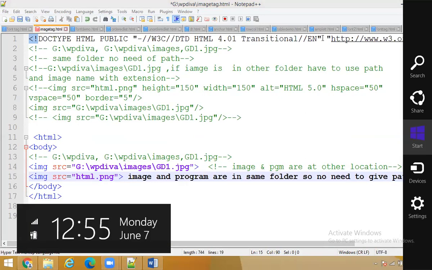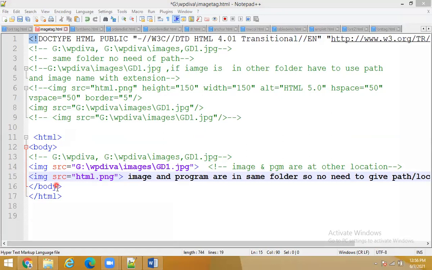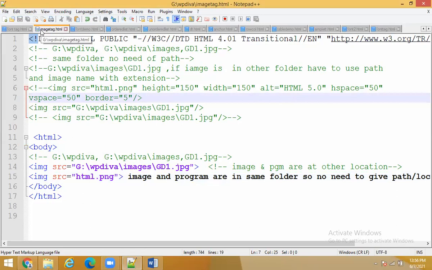Why is there no need to set the location of the file? Because the program, what is the program name? We have a program called image tag, right? What is the name of the program? Image tag. See this program, you can see that WP division A image tag is in the same folder.